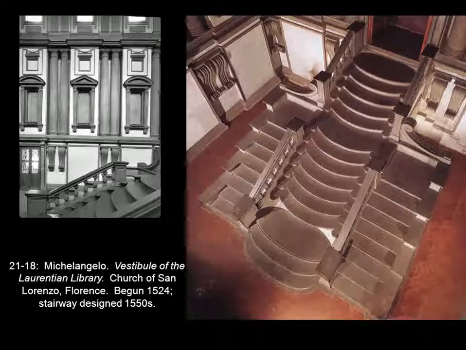You cannot see this from the photograph. But literally, because I went bounding into the Laurentian Library, I was so excited to see it. I ran up to the monastery, up to the second floor, and I ran into the room and almost literally tripped flat on my face in front of these steps, because the steps take up the whole room. Michelangelo's plan originally was to put them against the wall, and instead he decides to turn them into a monumental piece of sculpture, and the whole room becomes about the stairs.